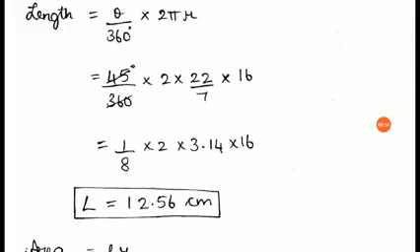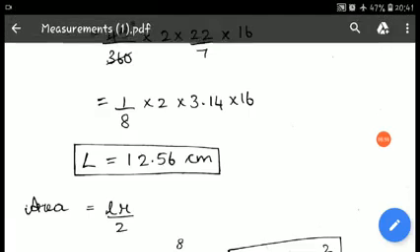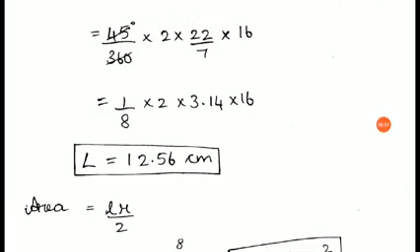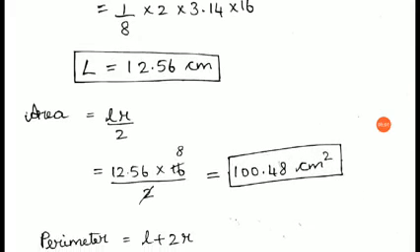Next, you are going to find out the area. Which formula is better to use? You can use theta by 360 into pi r square, but it is a little bigger. Even if you use it, it is well and good. There is another simple formula we learned, right? Length into radius divided by 2, LR by 2. Since we know the value of length here, we are going to use this. So, let's substitute and find the value.